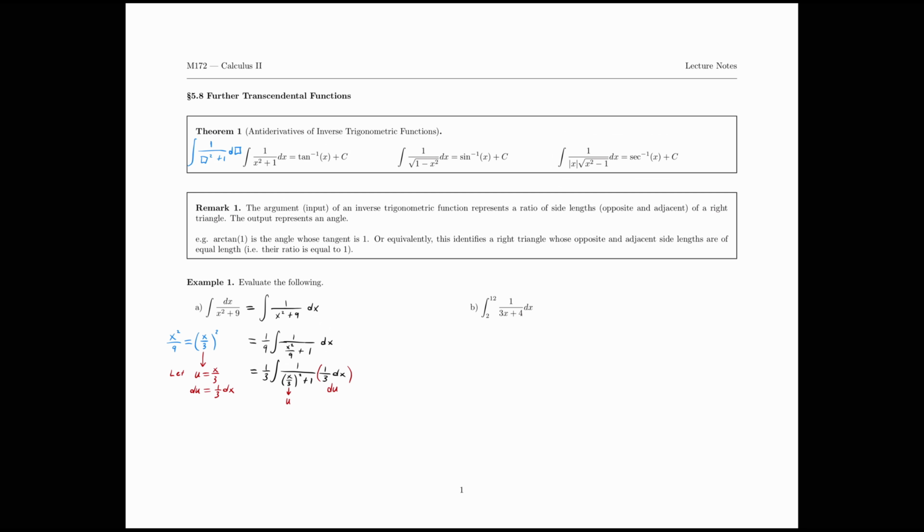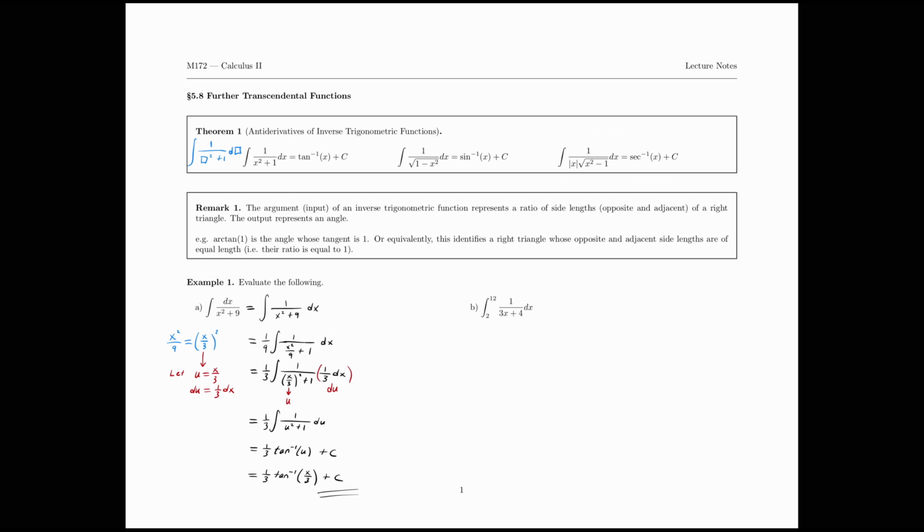So this entire integral becomes 1/3 the integral of 1 over u squared plus 1 du, and as soon as we have it in that format, we know that it is arctangent, or inverse tangent, of u. And then back substituting, we have 1/3 inverse tangent of u, and we chose u to be x over 3,